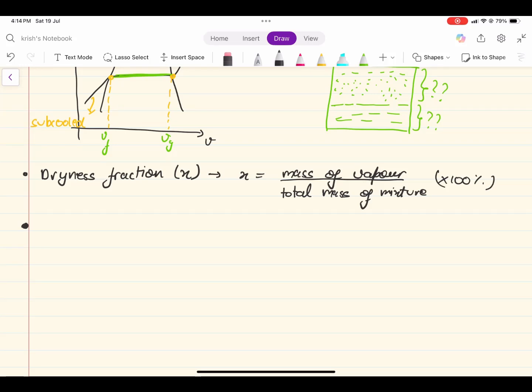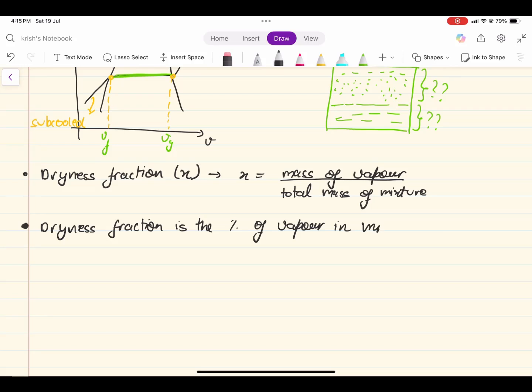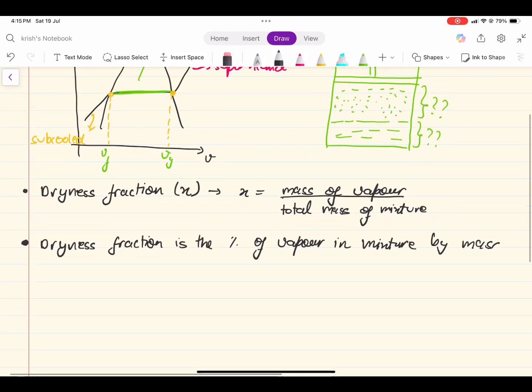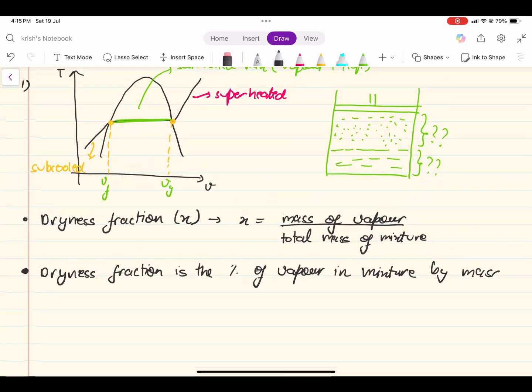So from this, what we can interpret is that dryness fraction is the percentage of vapor in the mixture by mass, because we're dividing mass in both numerator and denominator, and if we multiply it by 100, we get percentage mass, right? And another thing to note is that as we go along this line,